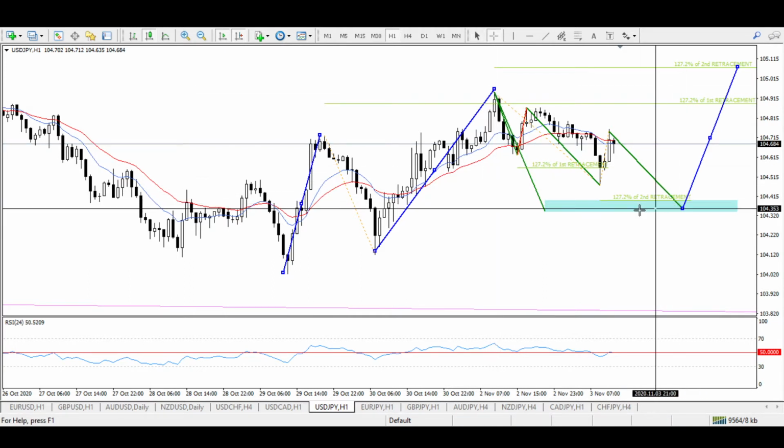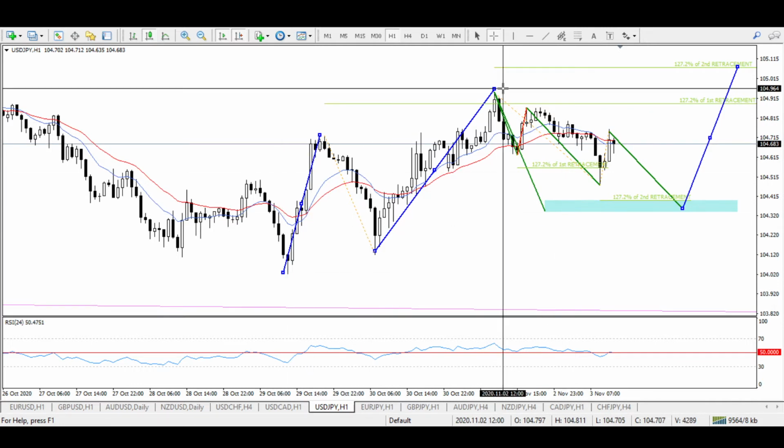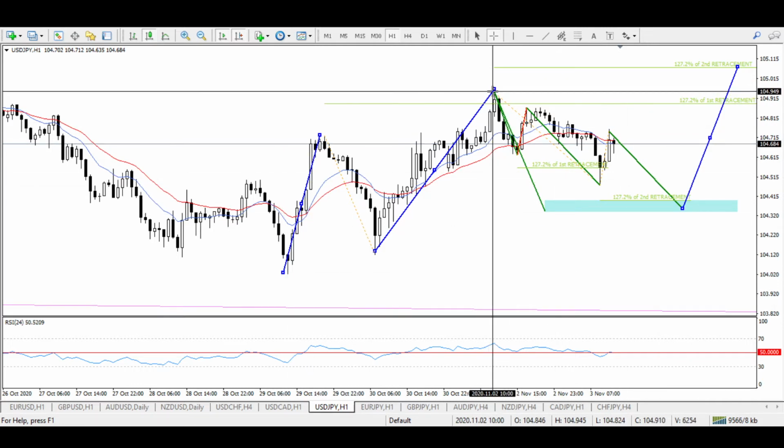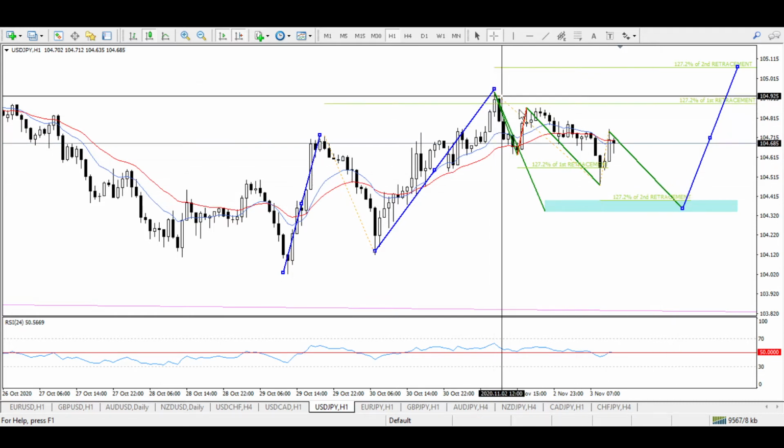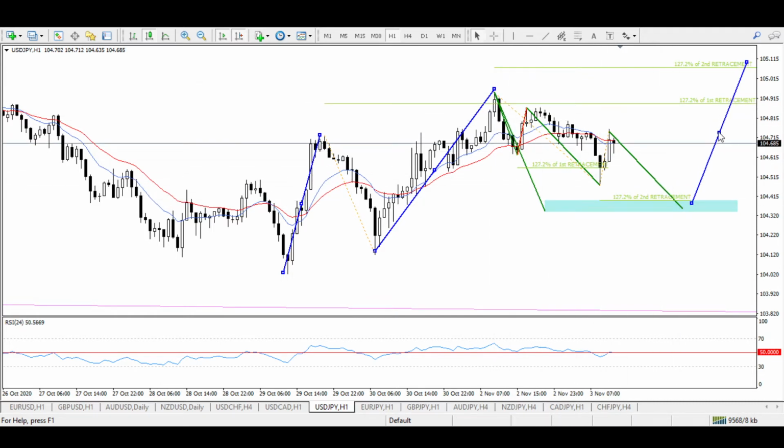If we look at this recent development, the movement from this point to this point, in this bullish 3 drive development, this whole movement from this point to this point, or maybe to this point, will be just a second retracement, and then the last drive can be made right from here. If we look at this development, this was the initial move, and